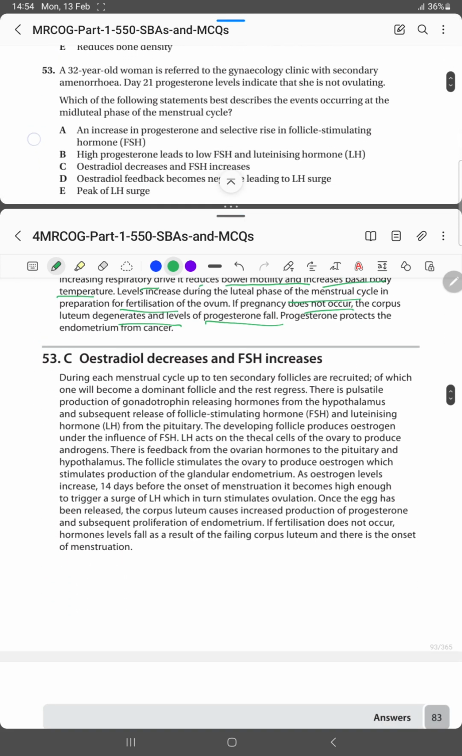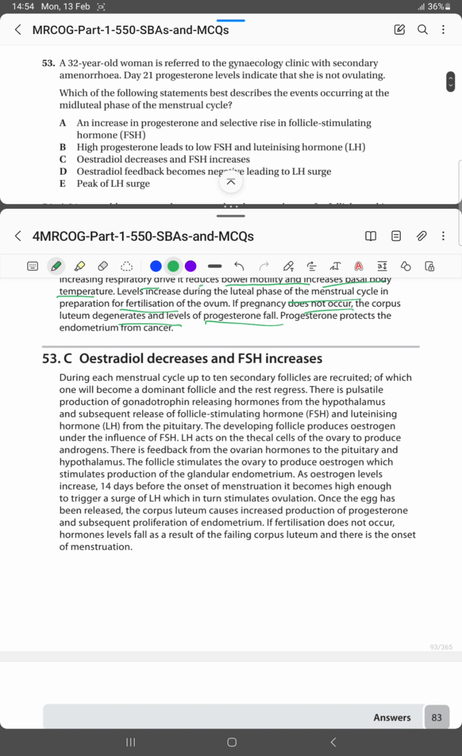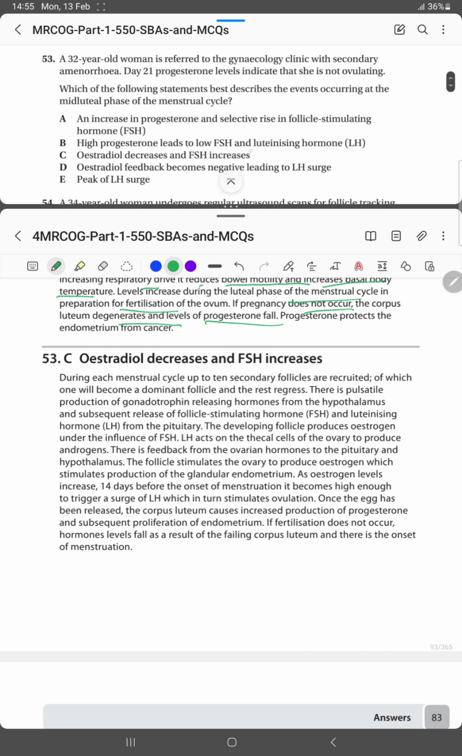Question number 53. A 32-year-old woman is referred to the gynecology clinic with secondary amenorrhea. Day 21 progesterone levels indicate that she is not ovulating. Which of the following statements best describes the events occurring at the mid-luteal phase of the menstrual cycle? And the option is that estradiol decreases and FSH increases in the mid-luteal phase, because during each menstrual cycle up